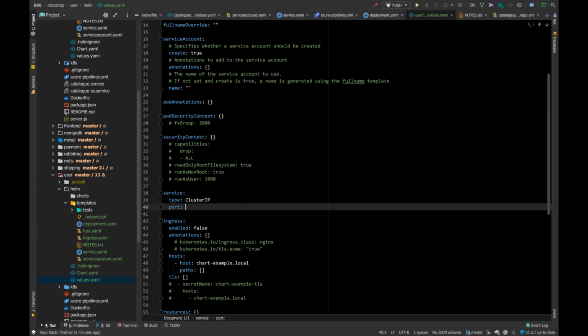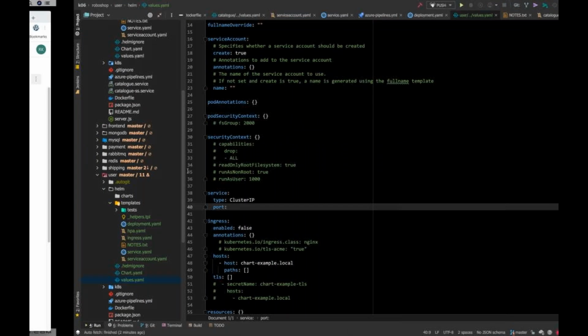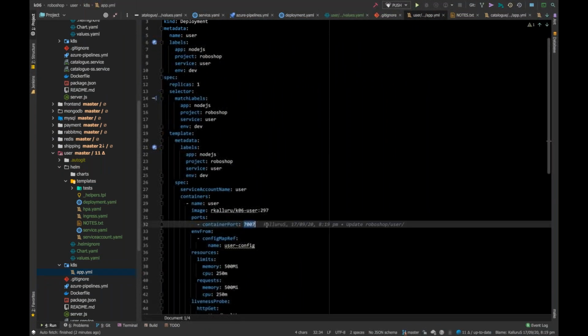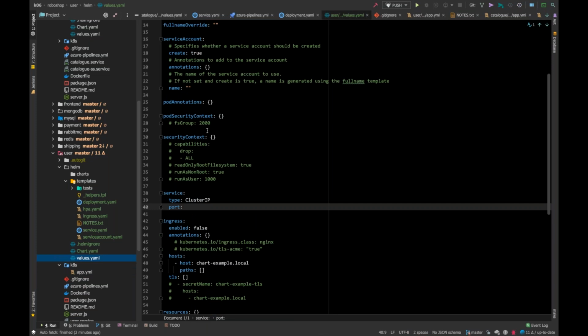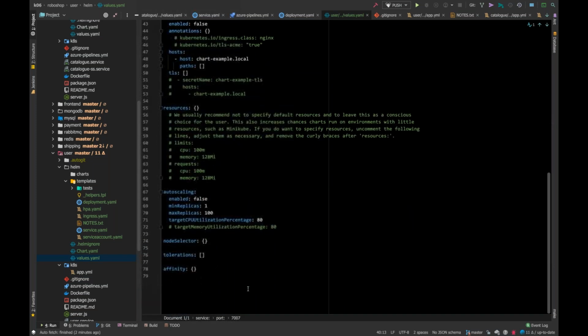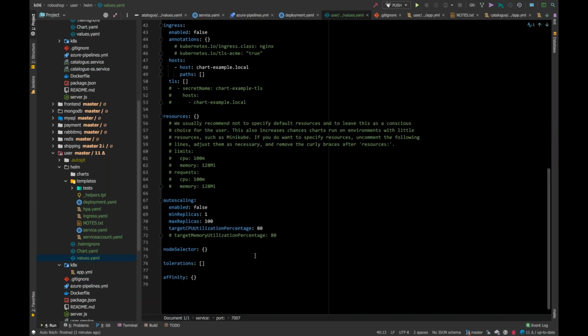The port number is going to be the user service port number, and you can get it from the user information itself, or you can go to the app.yml file and you can get it: 7007. So 7007 is the port number. Ingress is false, which is fine. Resources, nothing needs to be modified. Okay, now the next thing is